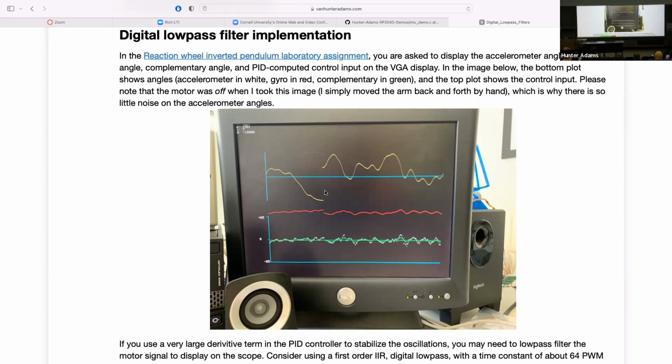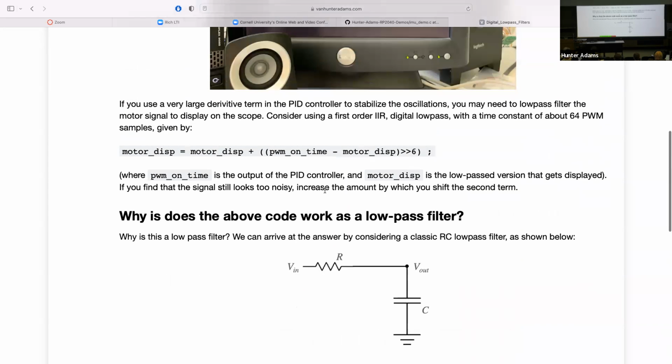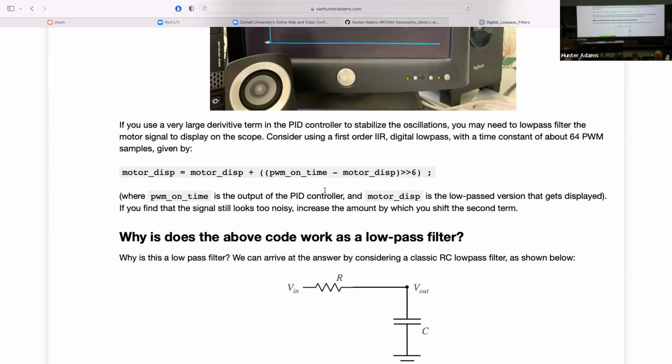And the particular low pass filter that you might consider implementing is something like this, where perhaps PWM on time is the output of your PID controller. So this is what your PID controller produces from interrupt to interrupt. And you could say the value that I will display on the oscilloscope, we'll call it motor display, is going to be equal to the previous value that I displayed plus the new on time, the new duty cycle as computed by my PID controller, minus my previous low pass PWM duty cycle, shifted by some amount.